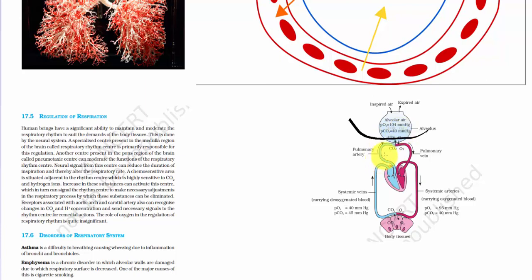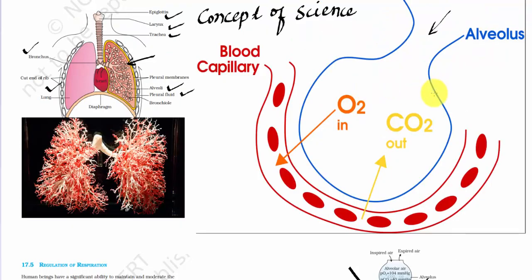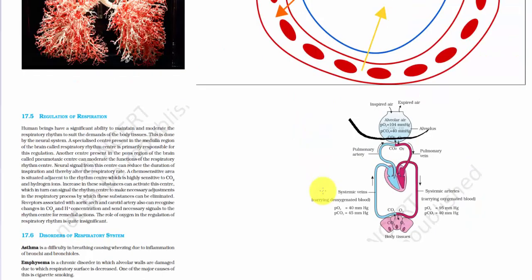You go through these once and twice, and you will be able to understand the flow of pure and impure air in our body. Also, you can see our previous video in which I have explained about the flow of the blood in the heart. Then you will be able to correlate that video to this video. You have understood the exchange of gases. Due to differential partial pressure, the air which is entering the lungs has more O2, so that is moving into the blood, and the air in the capillaries has more CO2, so that is entering into the air outside and it is exhaled. Now let us learn the regulation.